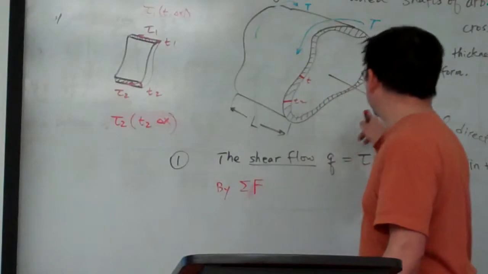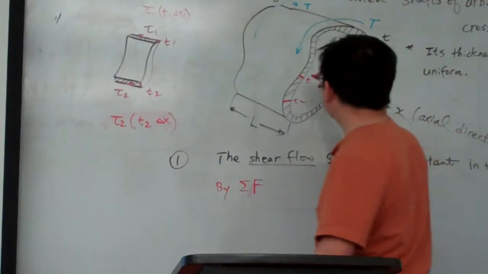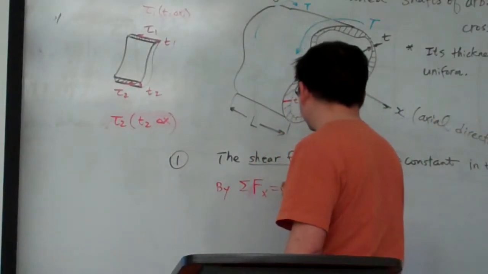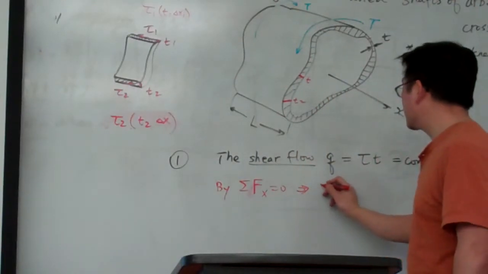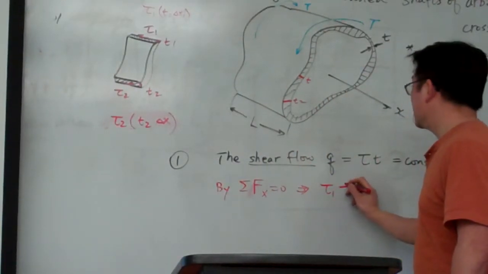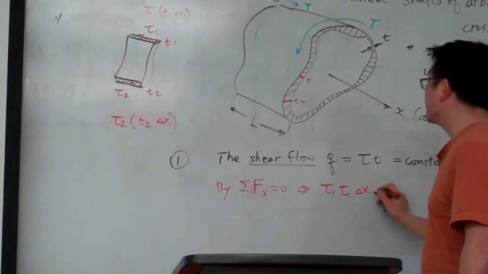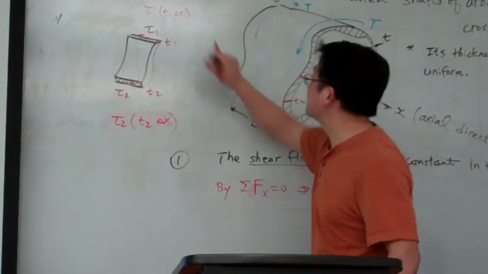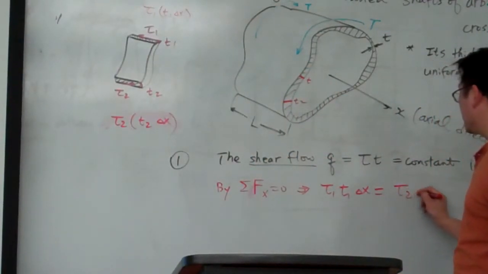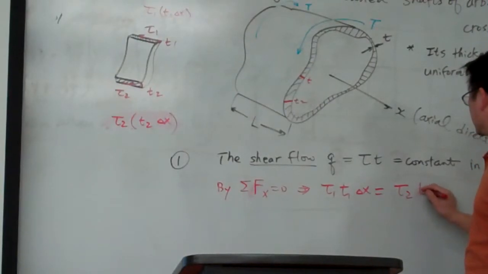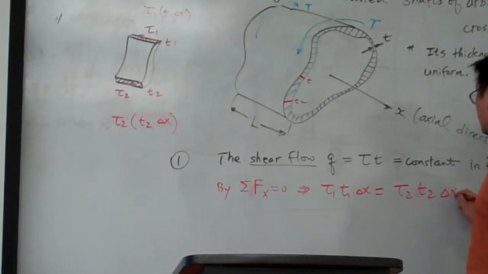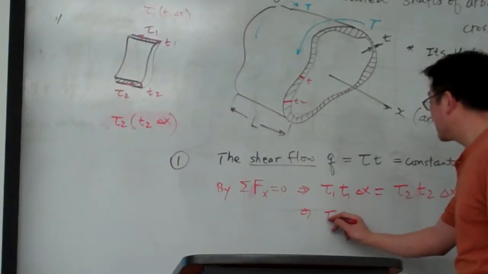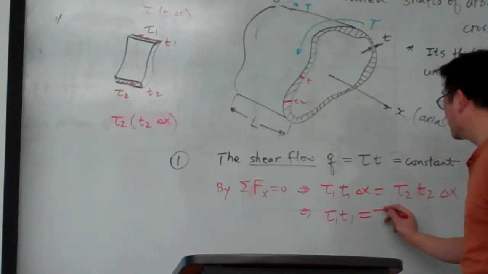The sum of forces in the axial direction equals 0. So that means from here tau 1, t1, delta x will be equal to tau 2, t2, delta x. So therefore, tau 1 t1 equals tau 2